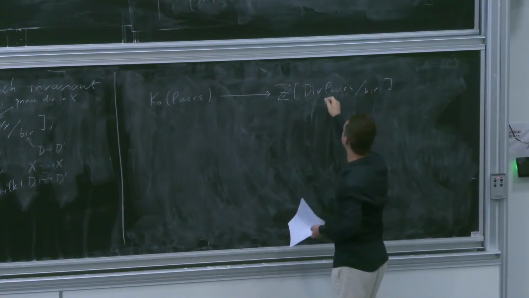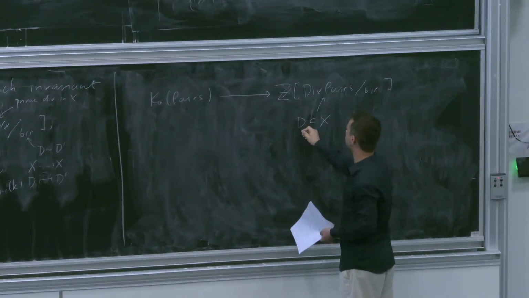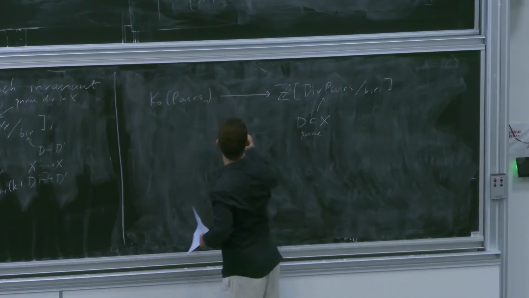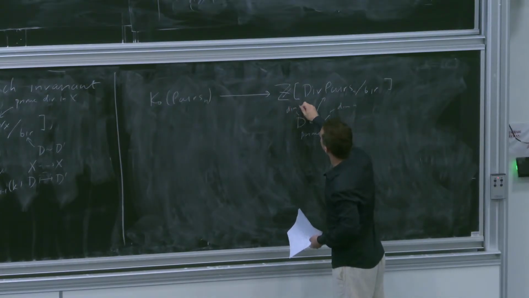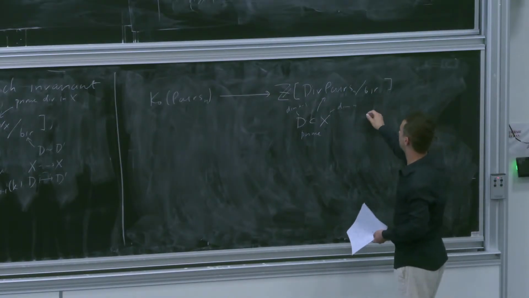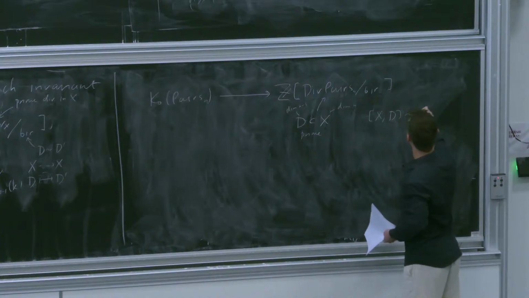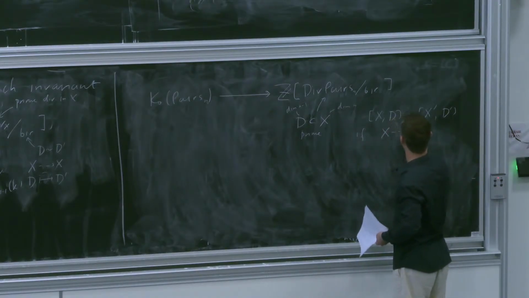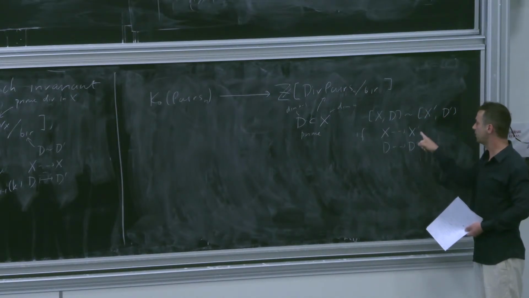Let me explain what this means. A divisorial pair, again, is a divisor in X, a prime divisor, but X is not fixed anymore. So this is dimension n, and this is dimension n minus 1. And the equivalence is the same kind of relation, so Cremona. I want to say that (X, D) is birational to (X', D') if there's a map from X to X' sending D to D' without contracting it. So it's the same thing, but now the target is